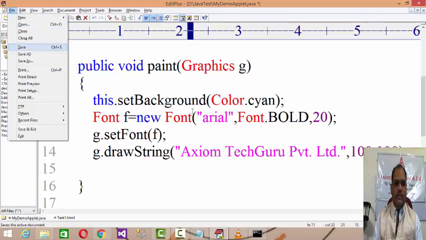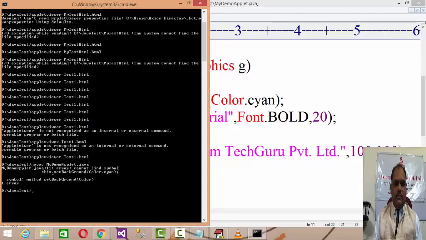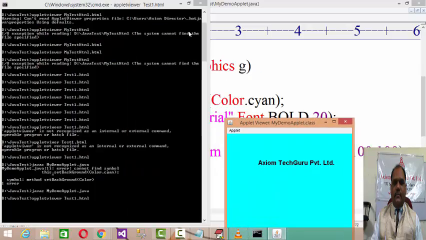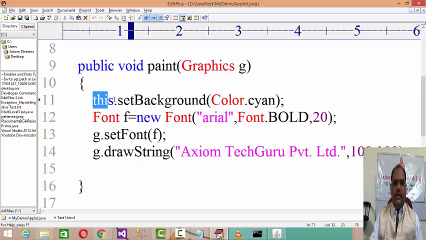Background, okay, G small has to be there, and then again you need to write the applet where test1.html. Now look here, the background color is changed. Now actually this means as your